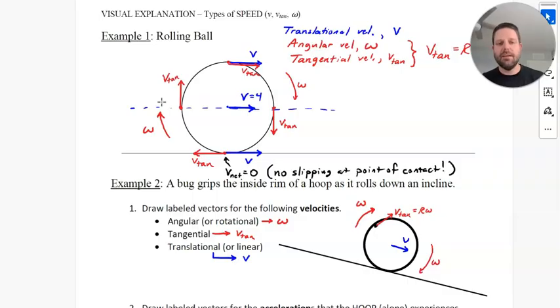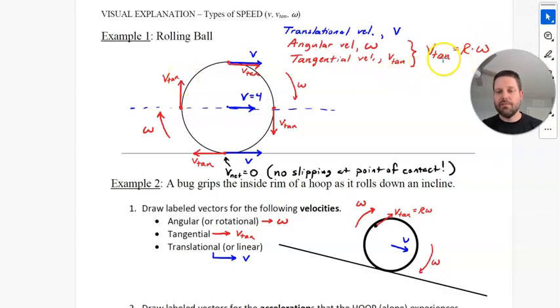And that is entangled with the V-tan, meaning these are related to each other. If I have a bigger speed rotationally, then I'm going to have a bigger speed tangentially. In fact, this equation, V-tan equals R omega, is what relates the tangential velocity at some point that's moving in a circle and how it relates to the rotational speed omega. So that's going to be a really important one for connecting a tangential motion of something moving in a circle